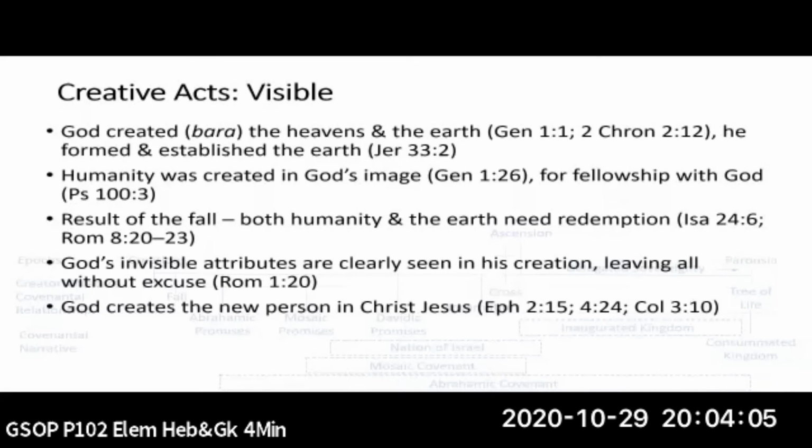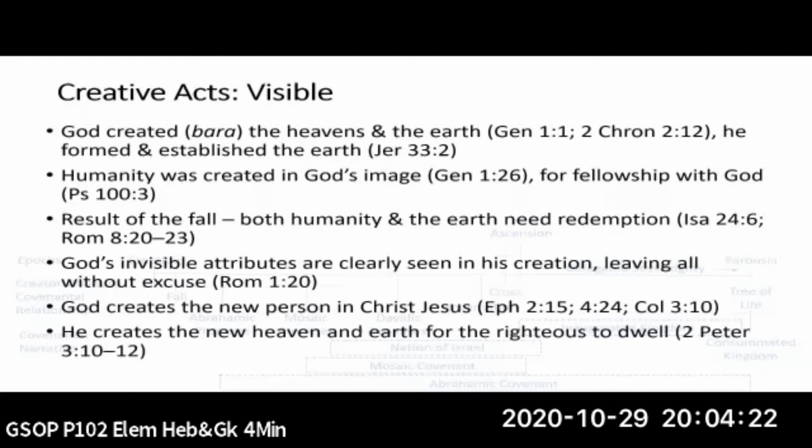establishing peace. In Ephesians 4:24, to put on the new self, which in the likeness of God has been created in the righteousness and holiness of truth. In Colossians 3:10, having put on the new self who is being renewed to a true knowledge according to the image of the one who created him. And he created a new heaven and a new earth for the righteous to dwell in, 2 Peter 3, verse